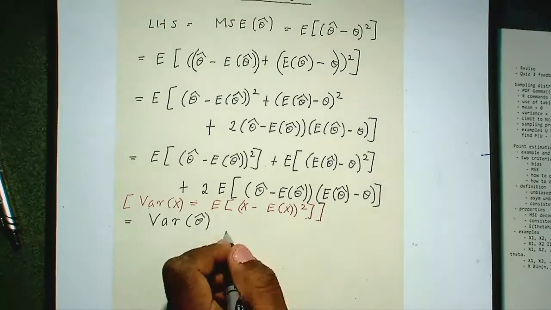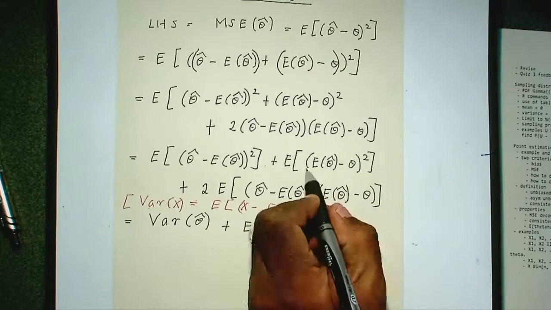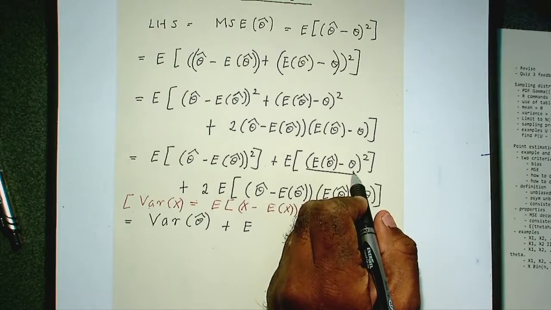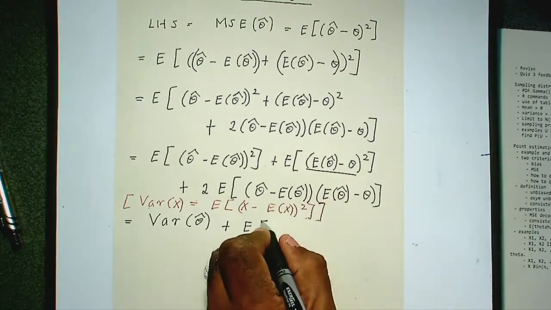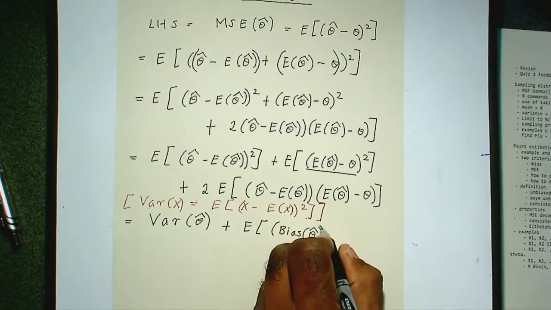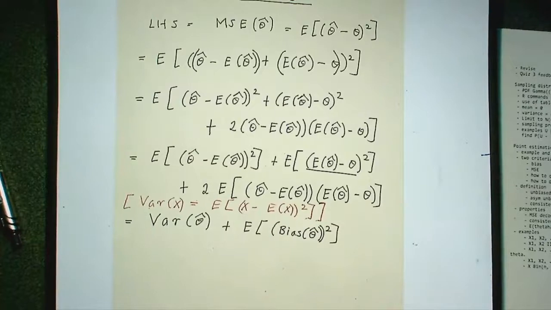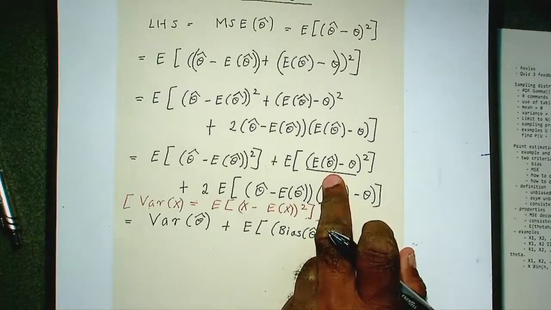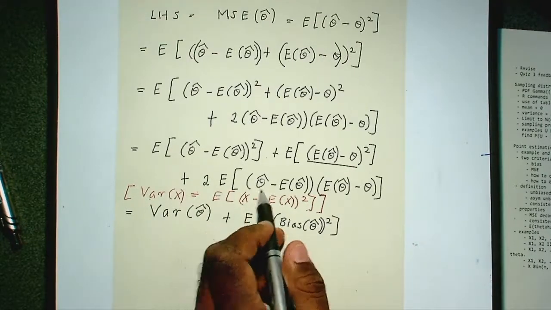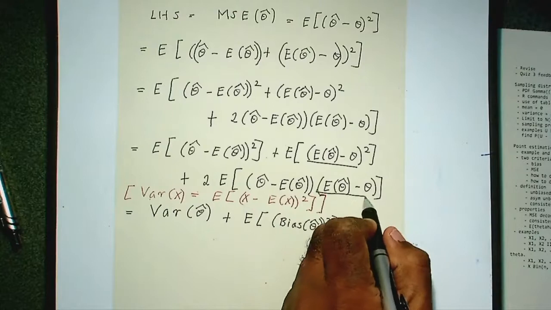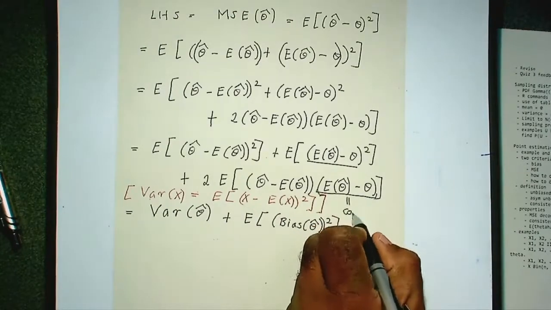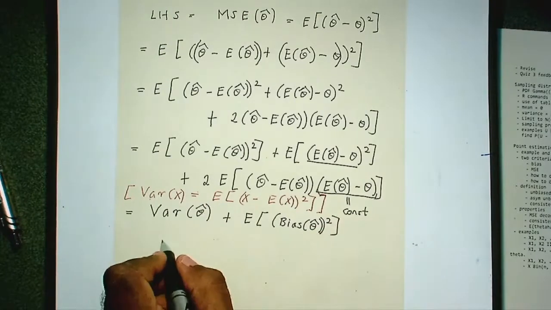Now the second term, the expectation of theta hat minus theta, I just defined a minute ago. What's that? It's the bias of theta hat, squared. That term here is the bias, as I just defined a minute ago. Now for the third term, I'm going to take the expectation inside, but this guy here is a constant, so you can pull it outside. So this becomes 2